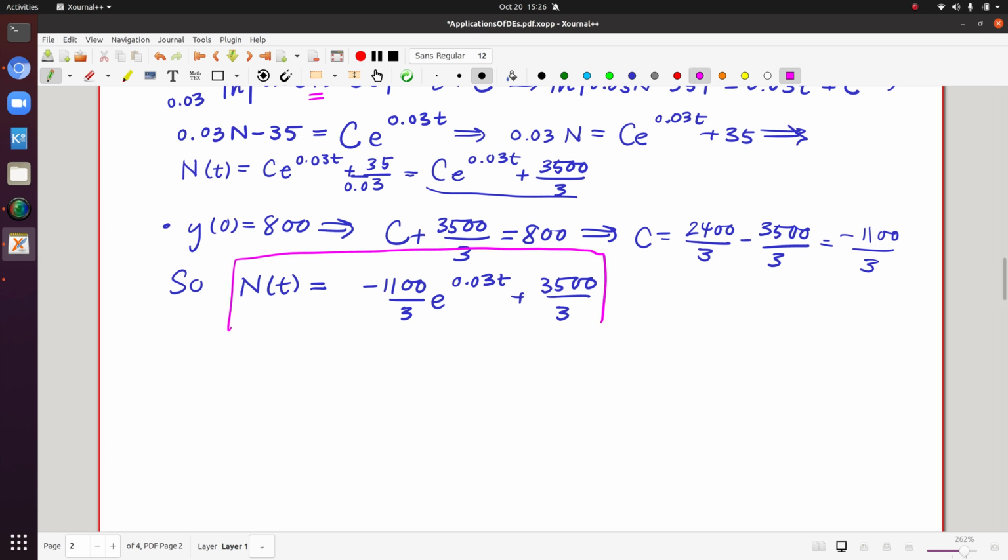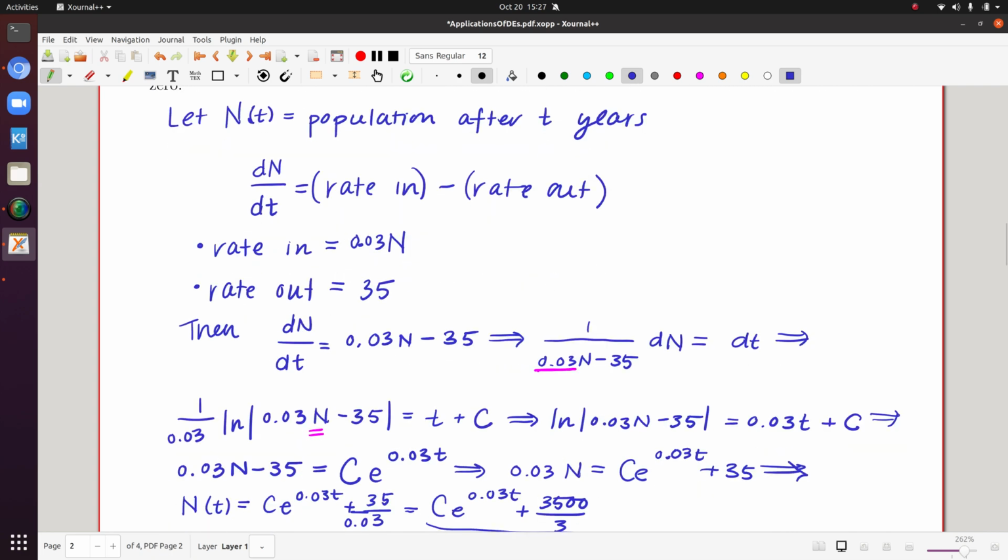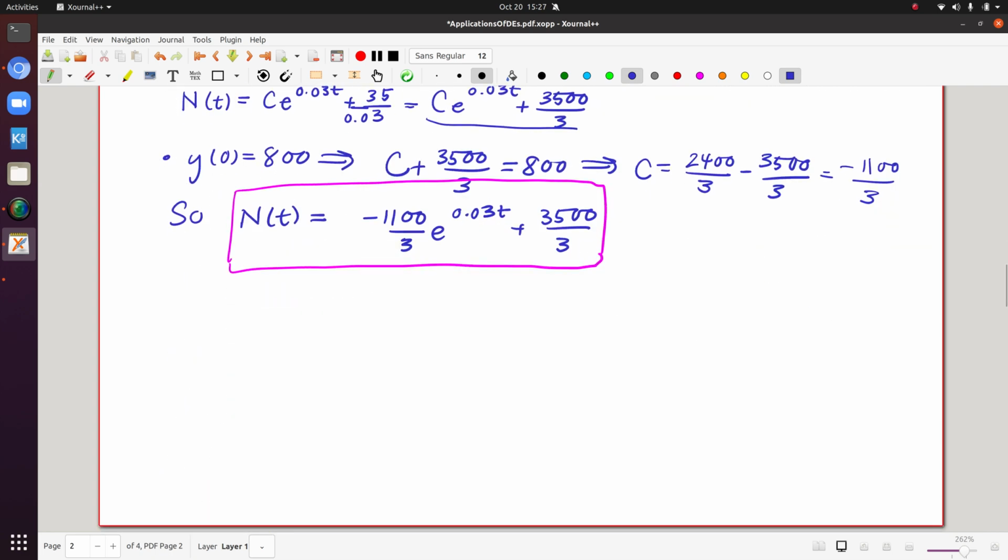Now, one of the things we were asked to do here, which required us to actually come up with a solution, is we want to find the time when the population becomes 0. Notice that we would be able to do that here because I have the function of the population as a function of time. So we would want to set 0 equal to n of t, and solve for t. So again, this just becomes an algebraic manipulation, or arithmetic really in some sense. So I can multiply both sides by 3,